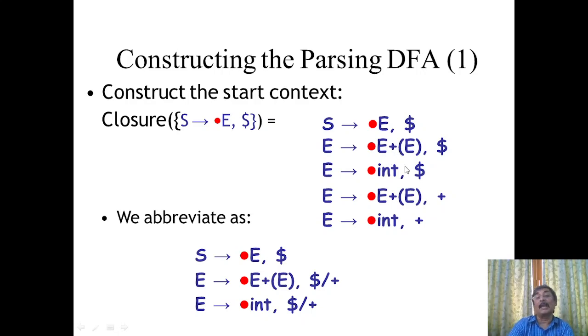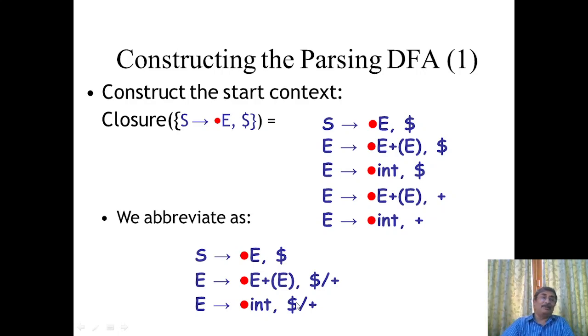So this change in the look ahead I must incorporate for the rules for E as well. You said that I can see int and the look ahead is dollar. Now I understand that this int can be found out from this E as well. From this E also this int can be found out. And if this E was used to find out this int, then this plus will be the look ahead, not this dollar. I do not know which one is the actual look ahead. So therefore I write maybe the look ahead is plus, maybe the look ahead is dollar. In both cases, these items are okay. Correct? So this is the new small piece of information that I incorporate here by considering one look ahead terminal,